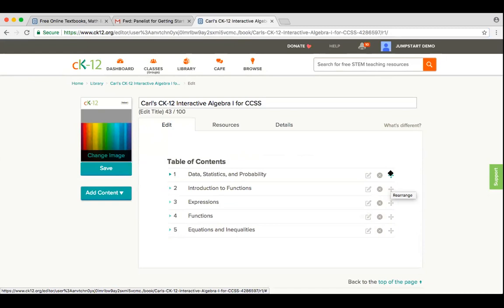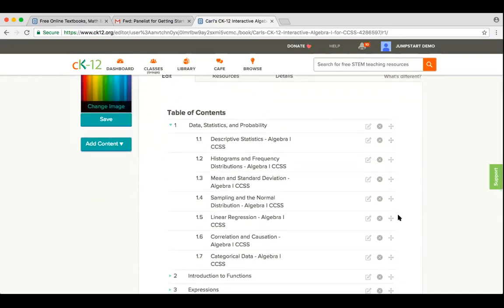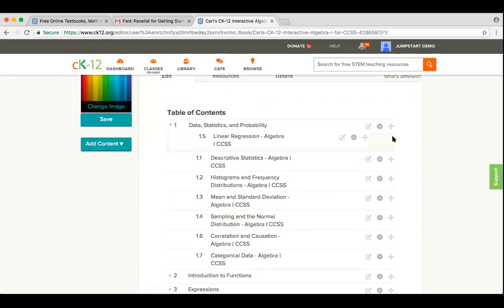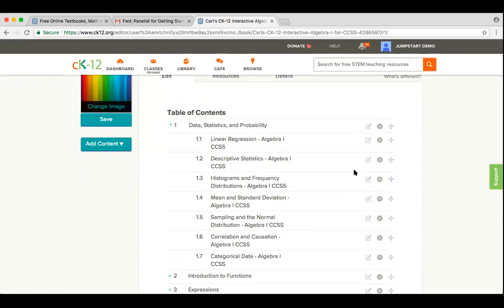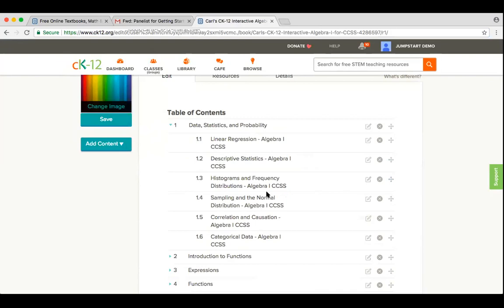So in just a matter of minutes, you can reorder your textbook to exactly match the scope and sequence for your class. And sometimes that's dictated by your school or your district or your state. And you can create a book that exactly matches the order that you're expected to teach things. The other thing you can do is we're going to open up that unit, and you can see all the chapters. You can even reorder within a chapter, and I can start out with linear regression, for example. Okay, I can even delete things. So let's say you do mean and standard deviation in the state of Carl. So we're going to take that away by clicking the X and clicking remove. So we can reorder, we can